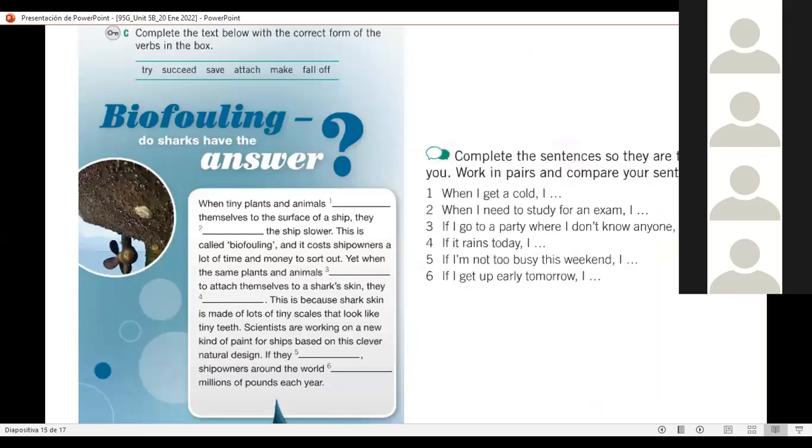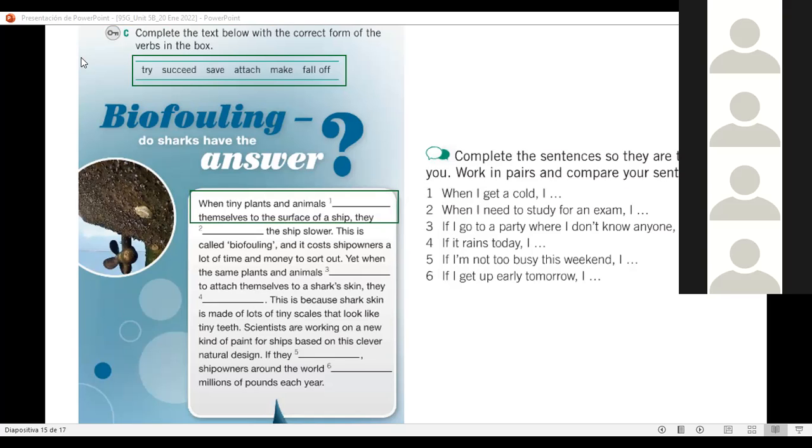So now that you have helped me with this, let's just do the last part. Vamos a la última parte, okay? Let's use this. Here we have 6 verbs on the box right here. Sí, aquí tenemos 6 verbos. Can you guys help me using these verbs in this reading? Ayúdenme a ocupar esos verbos en esta lectura, okay? So help me completing the reading with this. Be fooled, do sharks have the answer?